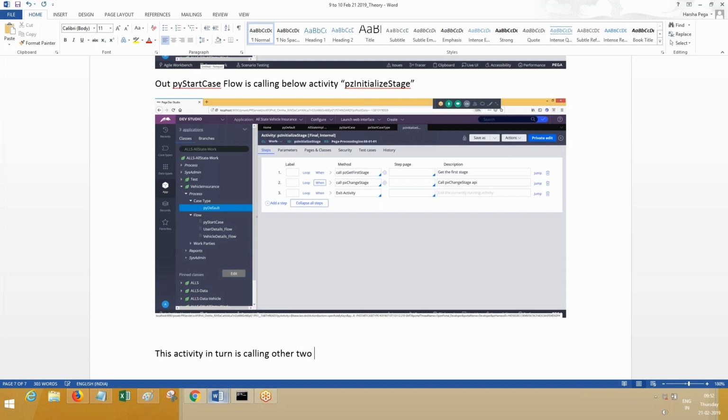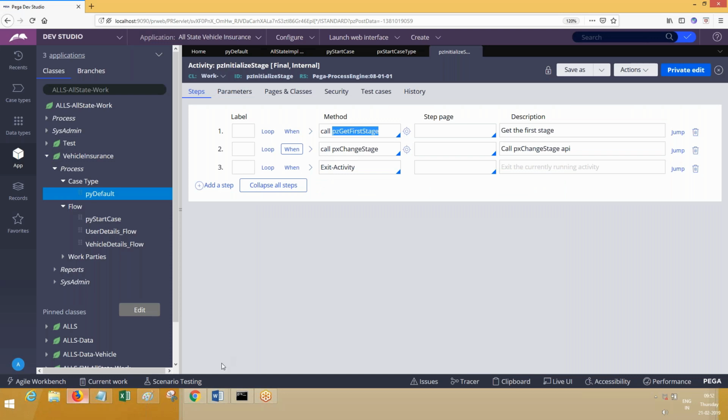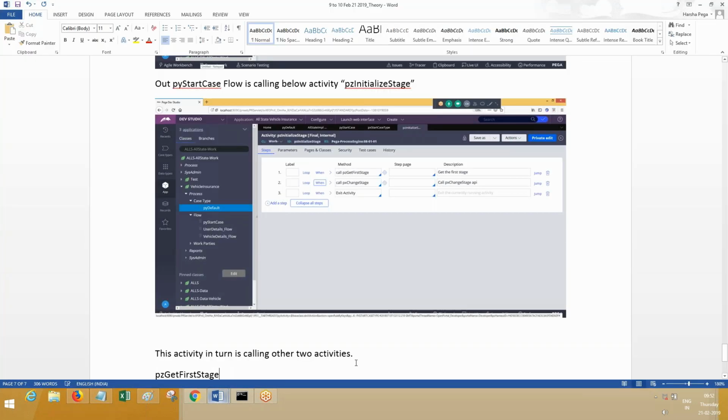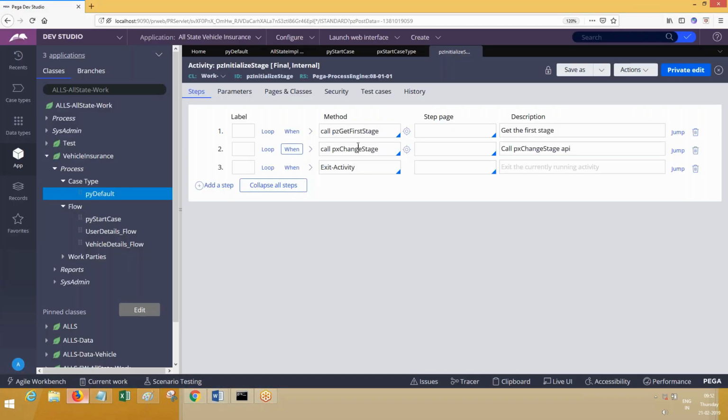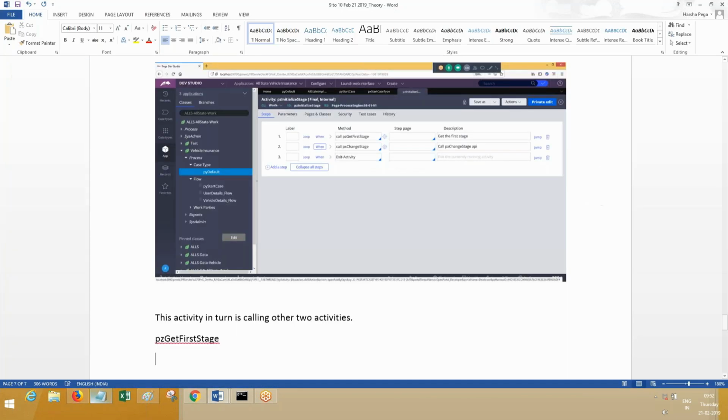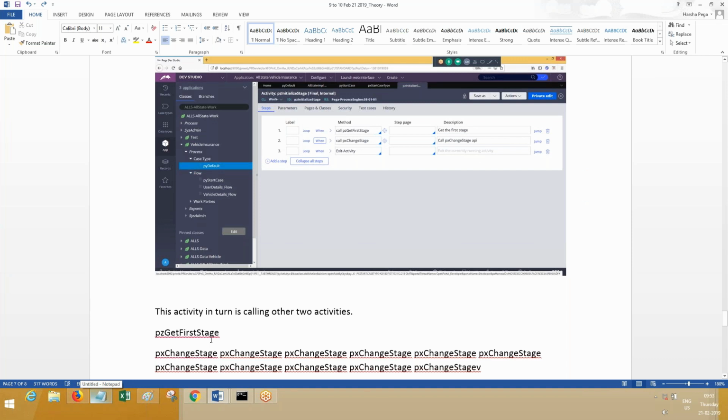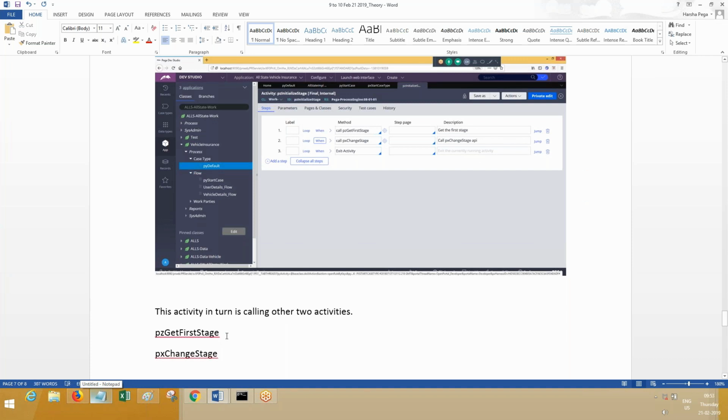Other two activities. What are those activities? From the name itself, you should be able to tell me what could be the purpose of these activities. Stages. It is called stages. Okay, pzGetFirstStage. Can you guess and tell me what this activity's purpose is? pzGetFirstStage.